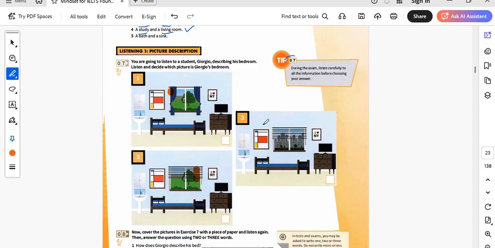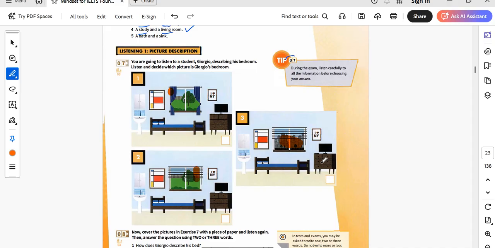How about number 3? What are the differences here? The background outside the window, okay, the window view, right? So you can see the building here, and this one they have a tree here, right? And they have the blank like the second picture, right? You can see that, right? Okay, so good. So this is the way that you have to look at it and try to distinguish, find out